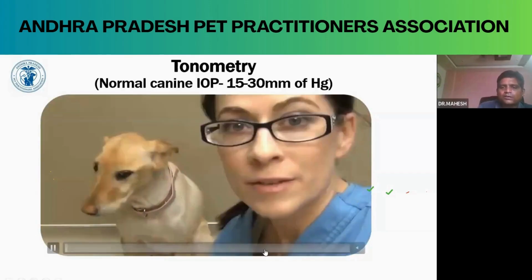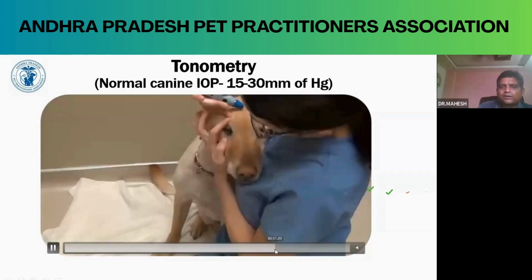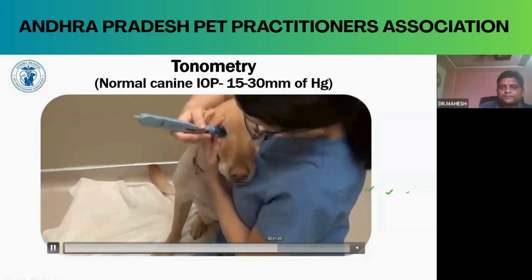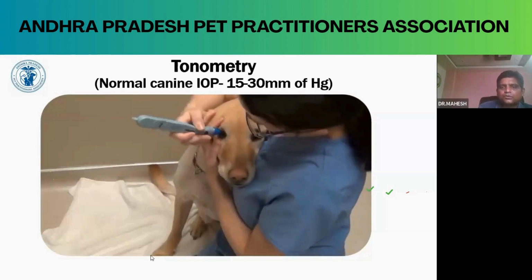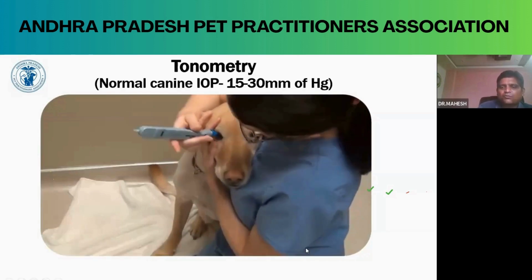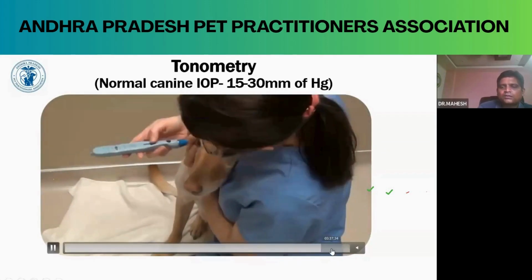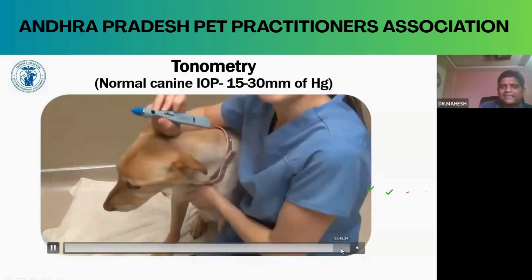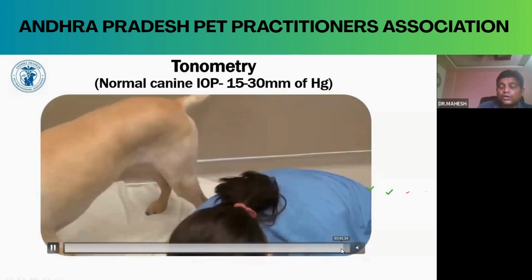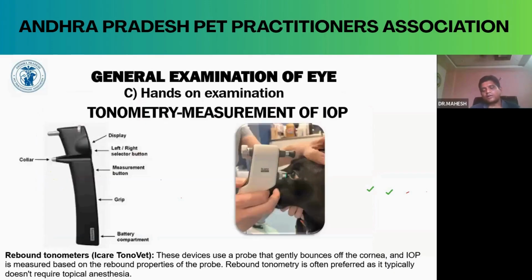So what should we not do during intraocular pressure measurement? Excessive manipulation should not be done, and we should not press the head either. Those are the main things we should not do whenever going for IOP measurement. The next one is